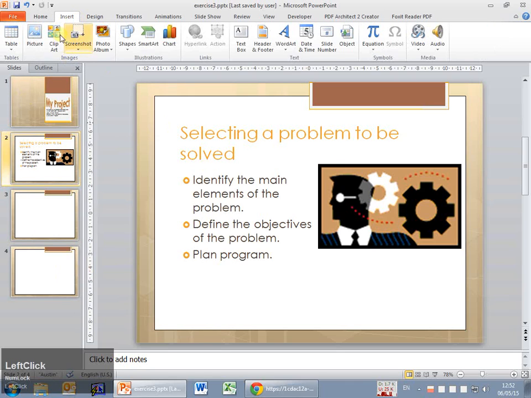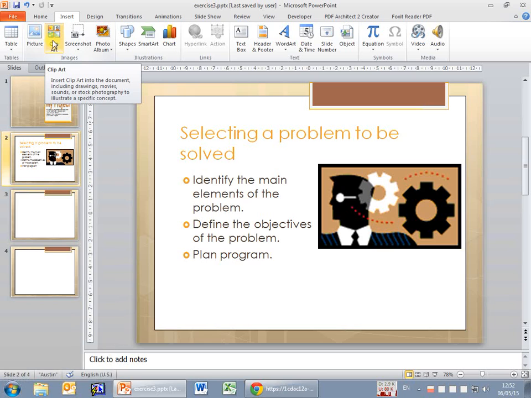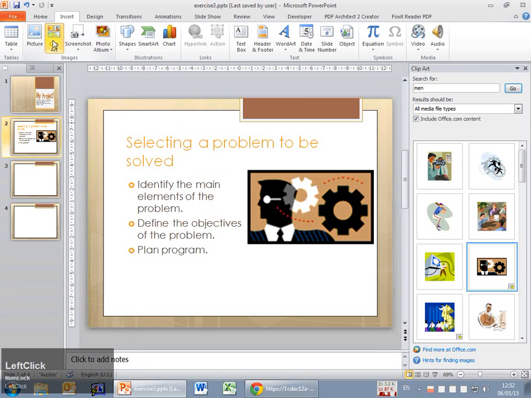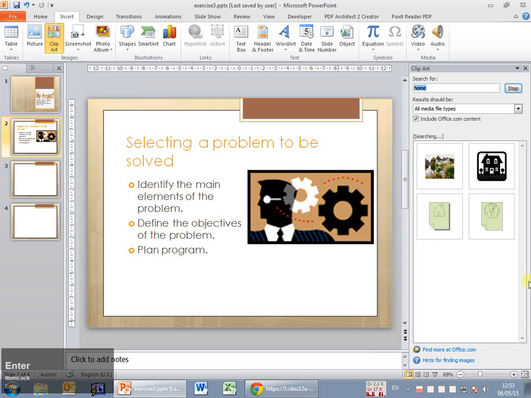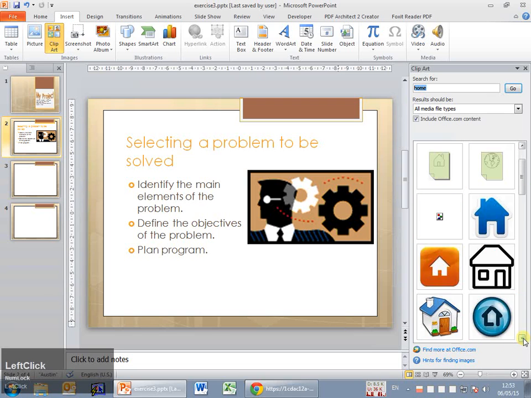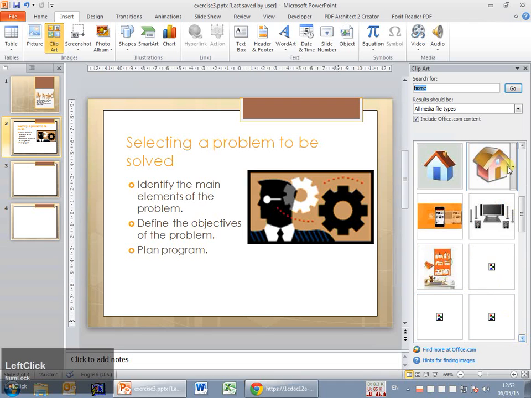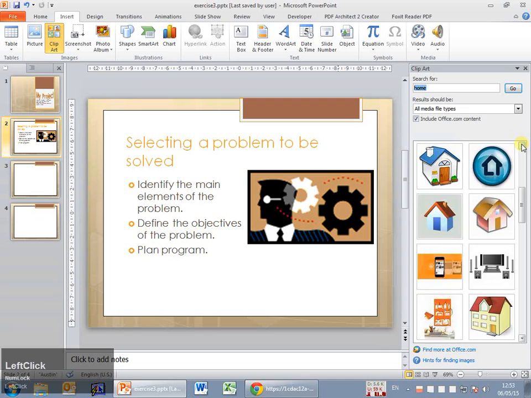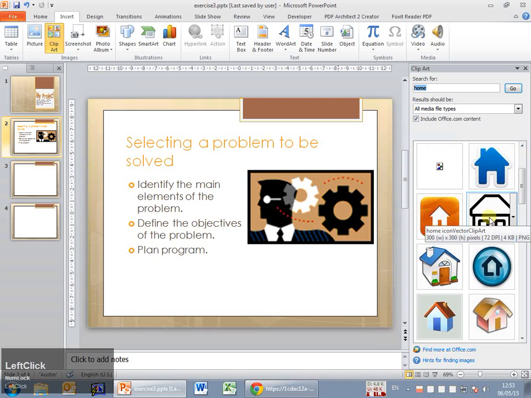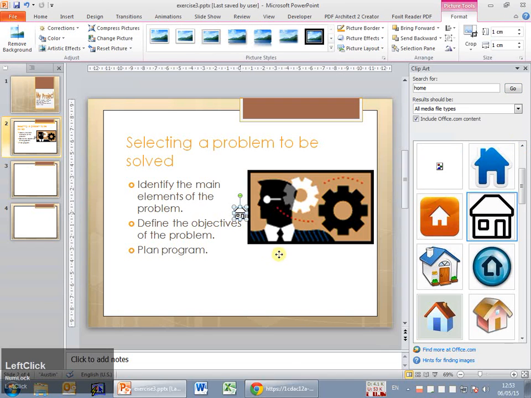The more advanced or more free way, because you can choose whatever picture you'd like to use, is just, as I said, type home, and then you can have a lot of different pictures of homes. Anyway, you can have a lot of different pictures. I'd like this one. I'm going to select that one, and it's already small enough for me. That's fine. Now that I have this,